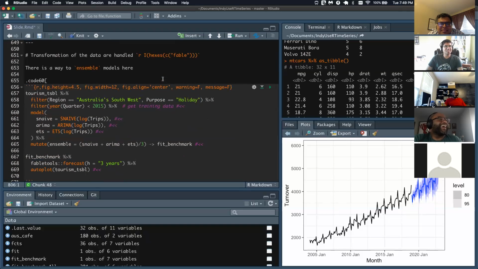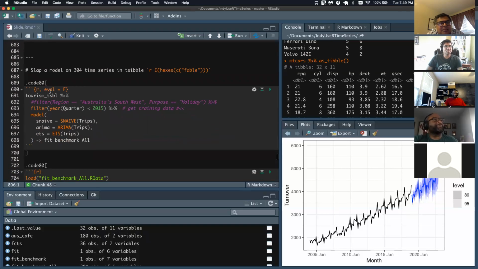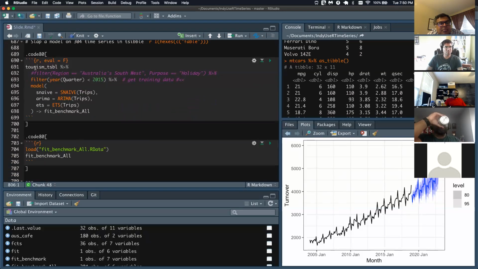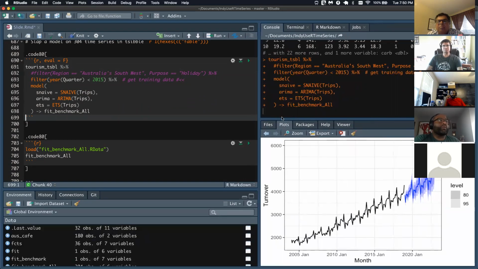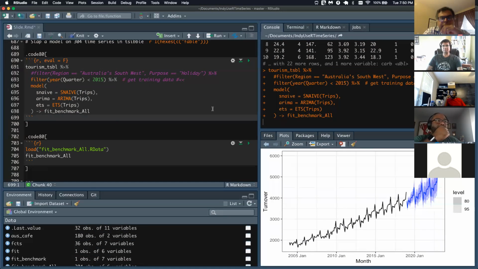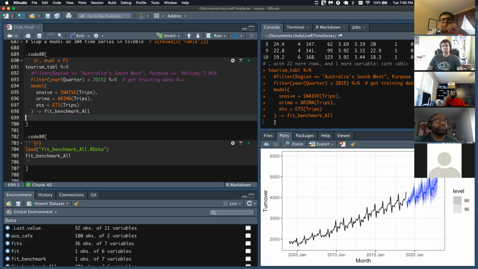Let me see if I can demo that part to you right here. So here, my understanding is I'm running it for all the models, I mean, all the time series. Oh, I've turned off the messaging. Usually it gives me that little arrow mark showing how you would do the Spark queries. I've turned off my message in this chunk, so that's probably why I'm not seeing it. Yeah. Because of the YAML.